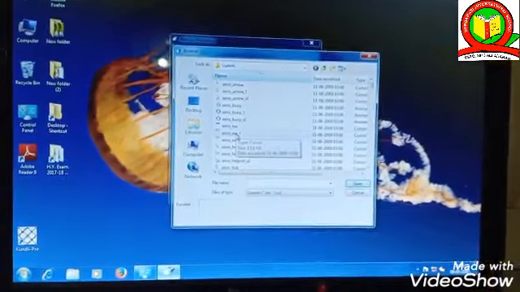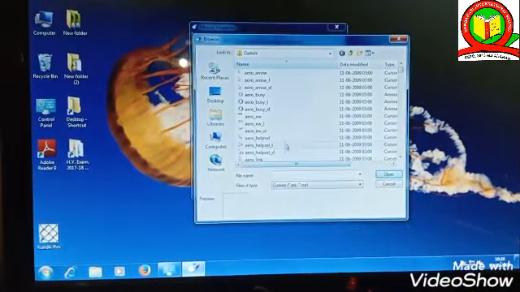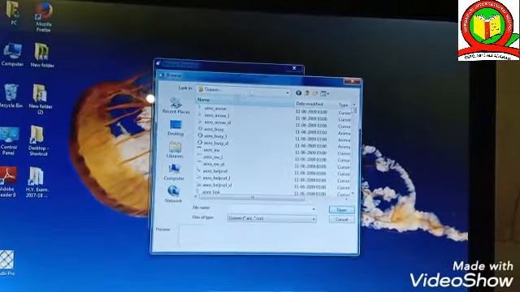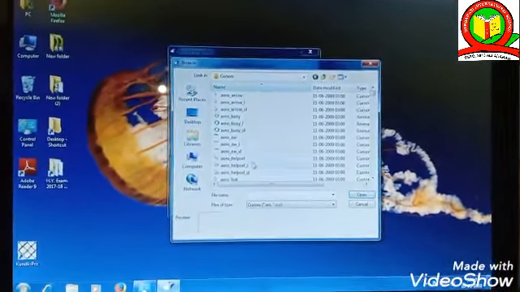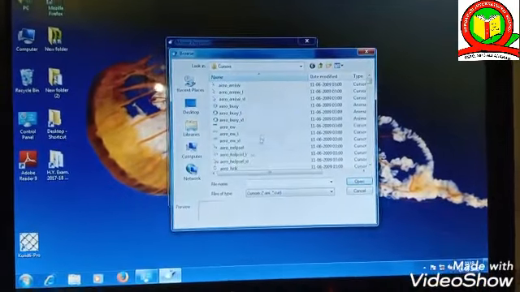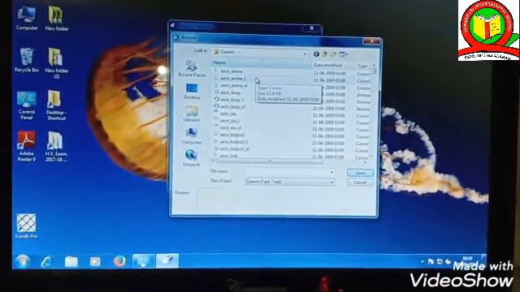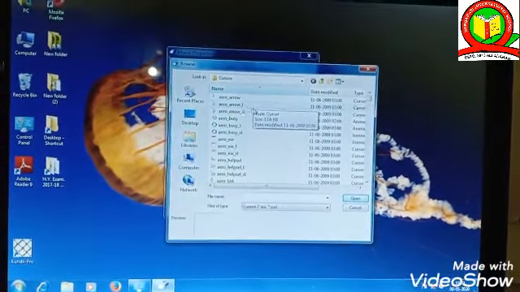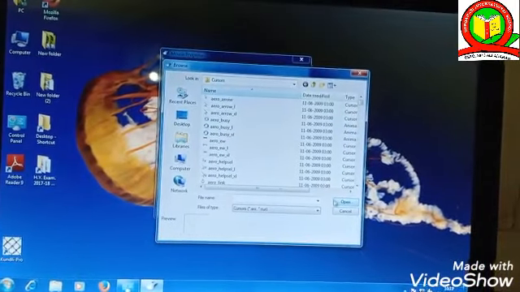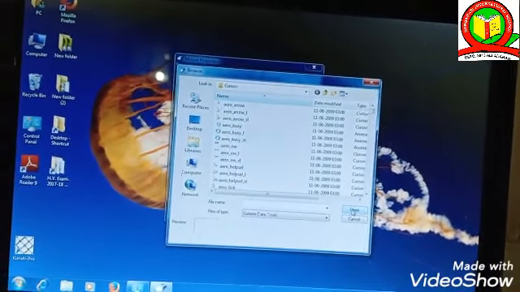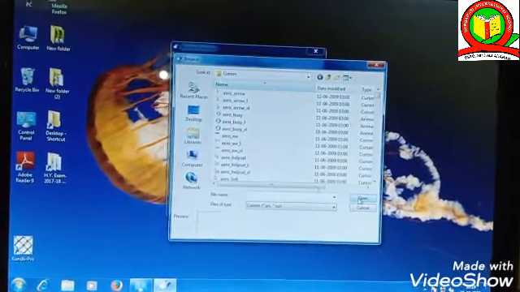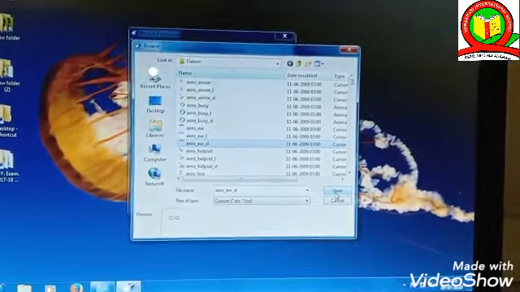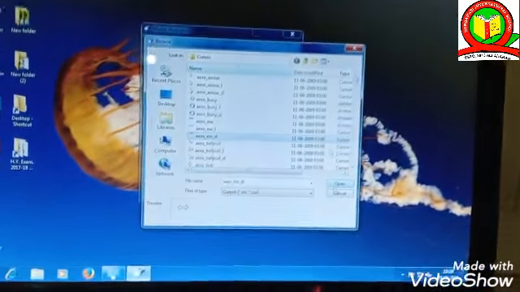If you want one of these shapes, you have to click on that mouse pointer, this one, and then click on the open button.